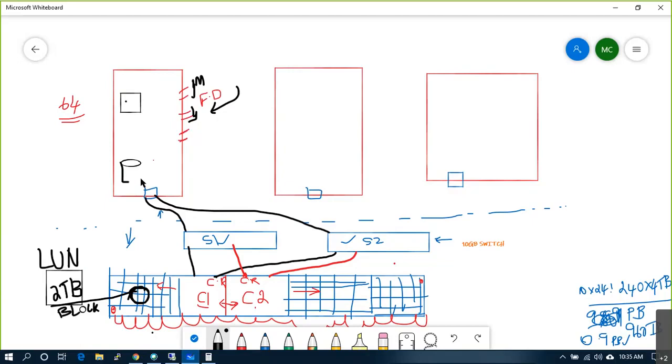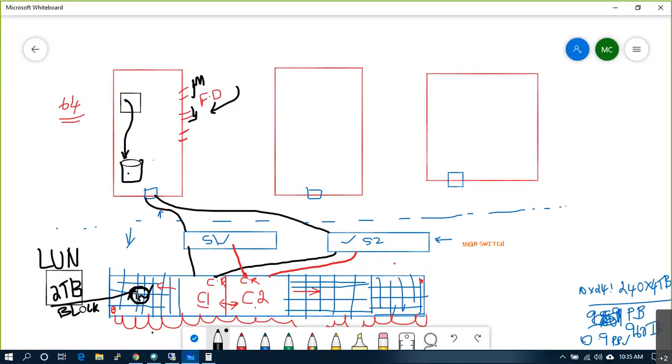This VM is placed on this data store. Actually, this data store is not part of the server; the data store is sitting here. Agree on this point? Okay. So if a customer is saving data on this machine, it is actually saving on this data store, actually saving on this LUN. Done.